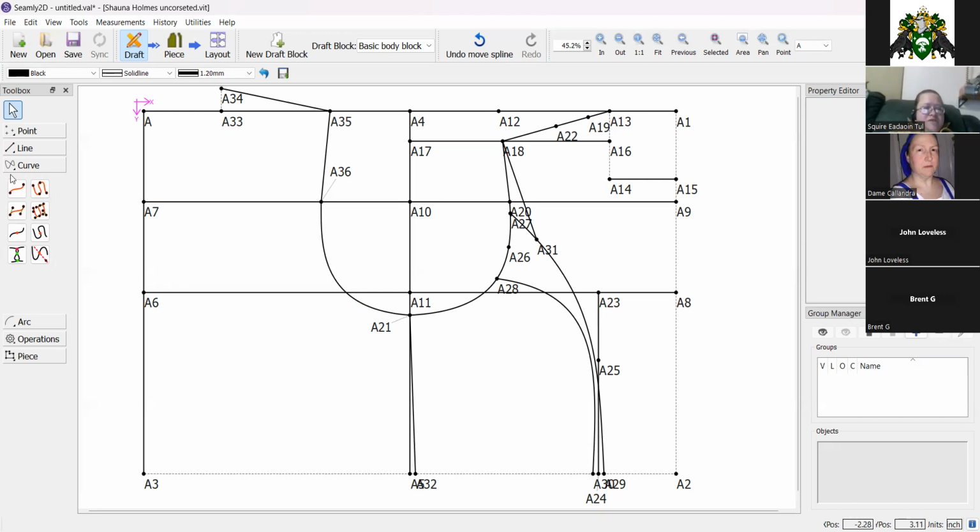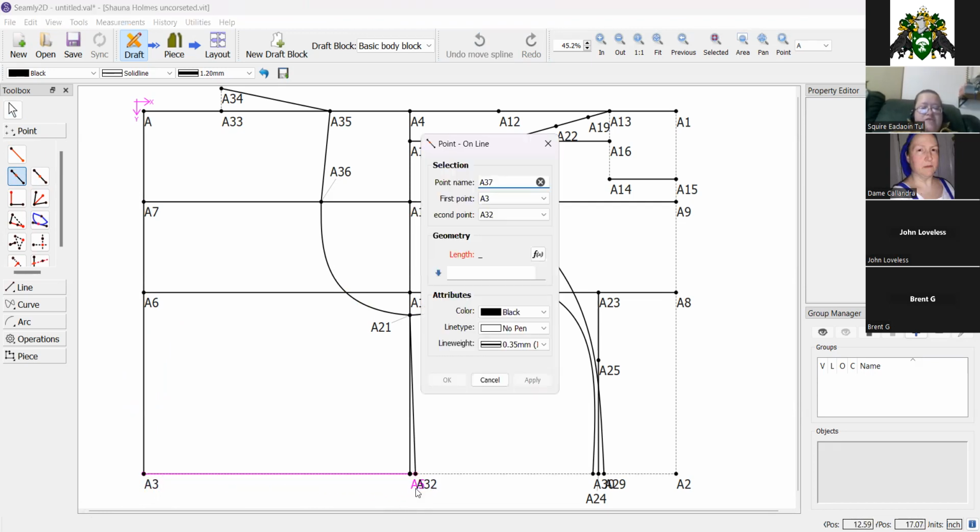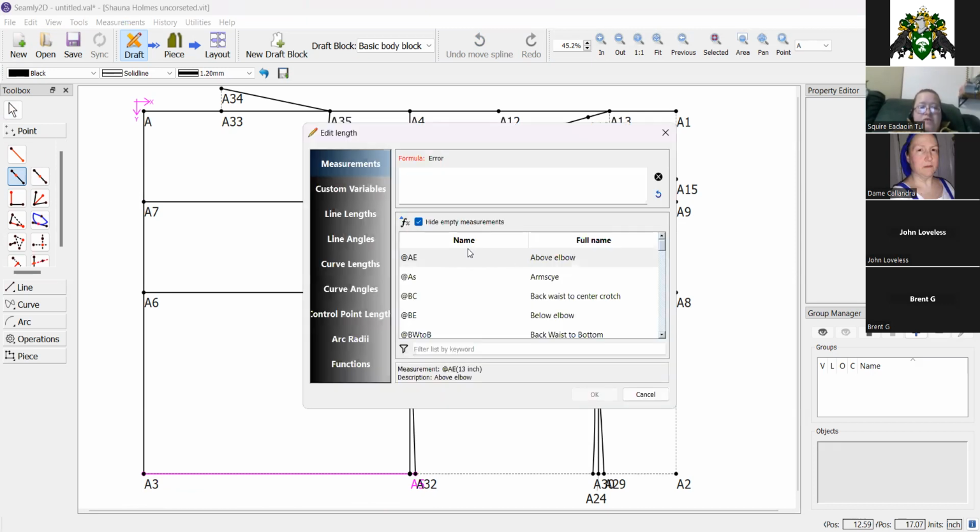So I might as well show you it then. We got time. It's not like we don't have enough time. So what you're going to do is find the halfway point. You got to find the waist first, because you want to find the halfway point. So it's going to be the same as the front. So just do line length